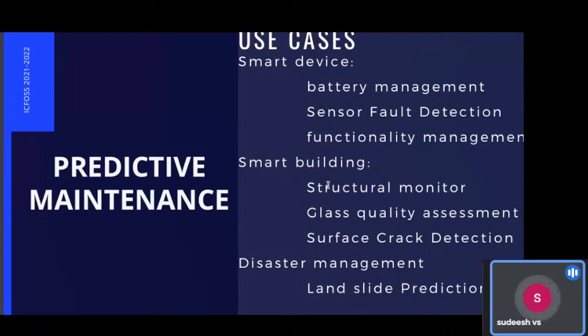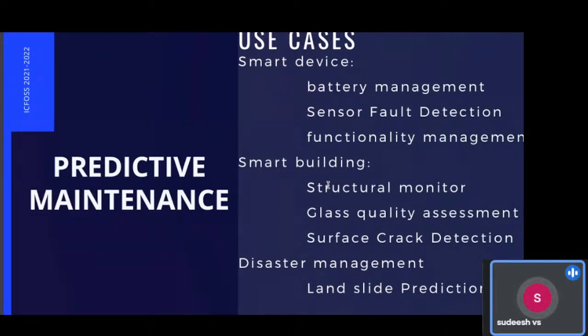I think someone is already doing that in Kerala. Yeah, I think it's in Munnar. Disaster management, we have already faced it in some areas. Landslides occur when there is heavy rain, but that can be managed and detected without any internet. For example, we are trying to implement it in Munnar.